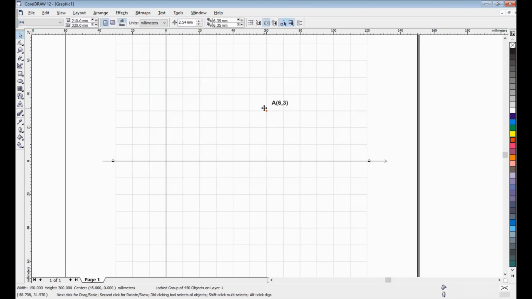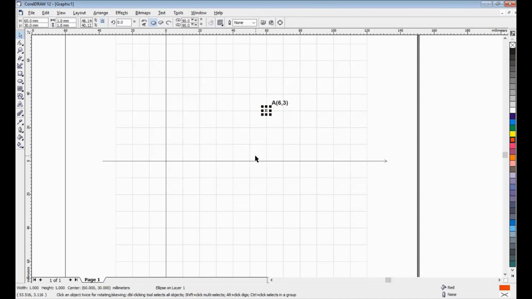Now I will copy, Ctrl C, Ctrl V. Like this. Maybe here it's not clear, so maybe 2. Okay, it's clear.